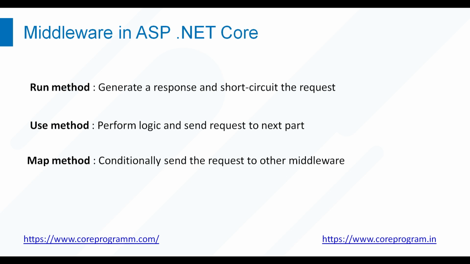Run, map, and use are the three methods that you will need to use to configure the HTTP pipeline. The run method basically generates a response and short circuits the request. The run method is an extension method on IApplicationBuilder and accepts a parameter, a request delegate, that handles the request. The run method enables short circuiting with terminal middleware delegates. To confirm the short circuiting and discuss the run method a bit more, let's flip to Visual Studio